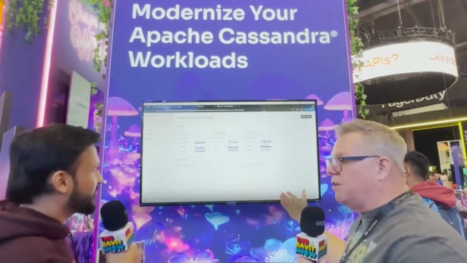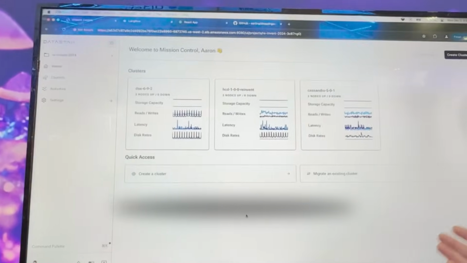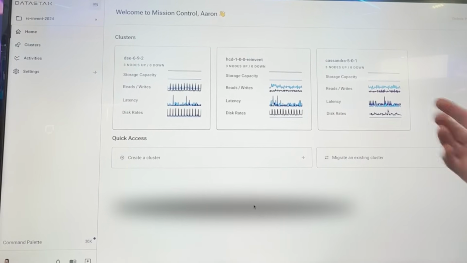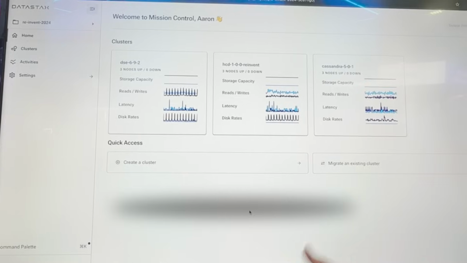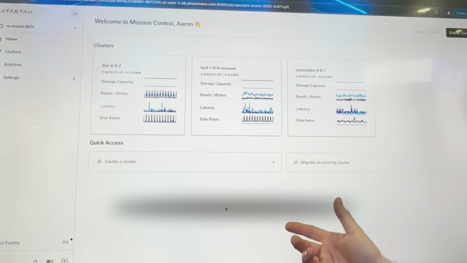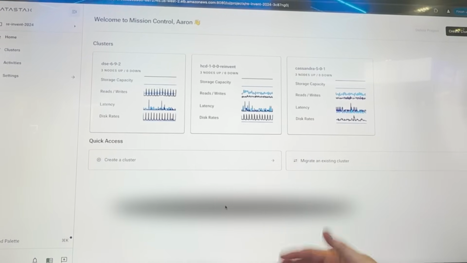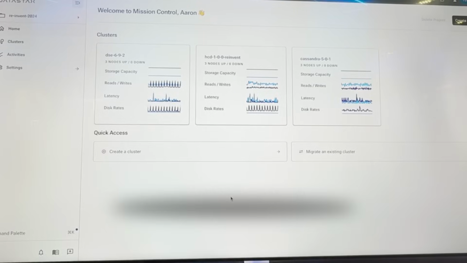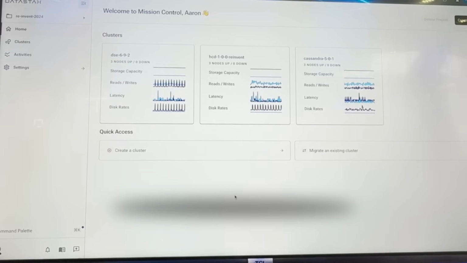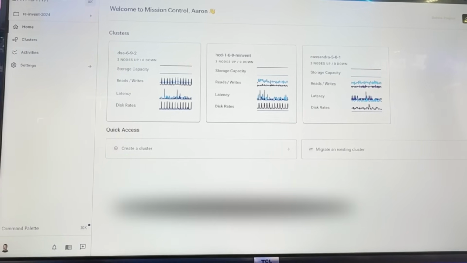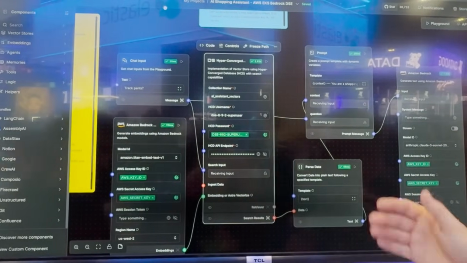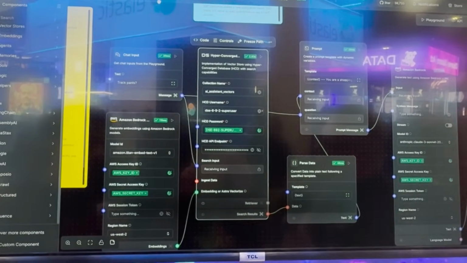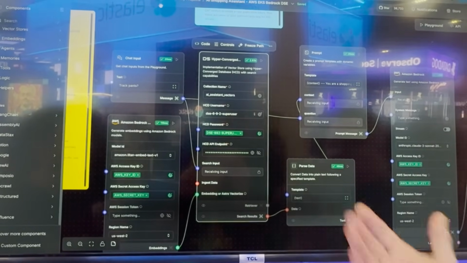So this is Mission Control. It's running in Amazon's EKS, the Elastic Kubernetes Service. But what we're showing off here is you can manage open source Cassandra, you can run DSE, DataStax Enterprise, but we also have a new database called Hyper-Converged Database, which is Kubernetes only. And DSE and HCD both have some pretty advanced AI capabilities. So if you have a self-managed requirement, we can do that. We're also demoing Langflow, which is running on ECS, using your own self-managed DSE. So you can have that as an option. If AWS is your home, we have something for you.